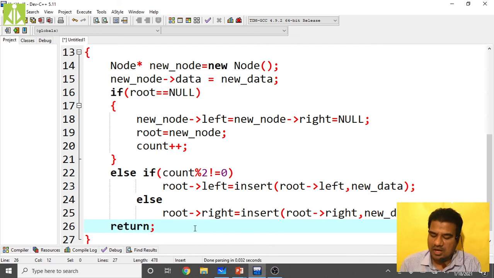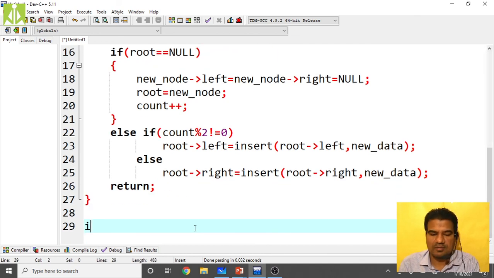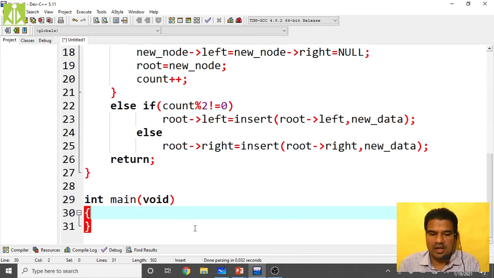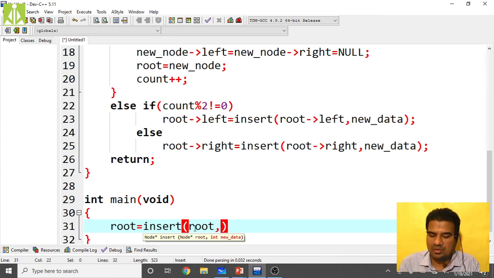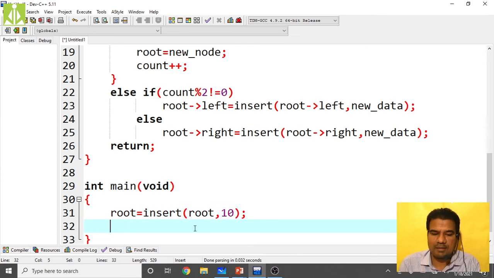So now I write my main function, int main of void. And now how to do the insertion? Root equals to insert of, again you have to pass the root and the value as 10. First node, the root node, I am making 10.